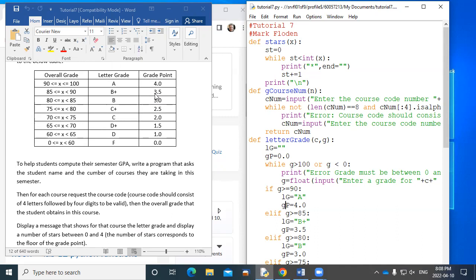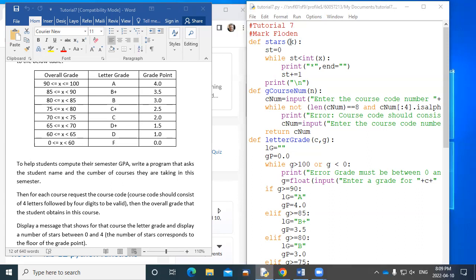And so if the number's a 3, we're going to print 3 stars. And if the number's a 4, we're going to print 4 stars. And if the number's 2.5, we don't print 2.5 stars, we print 2 stars. So how do we do that? Well, this is what I thought we would do. Sorry, we got that in the way there. So this is what I thought we'd do.